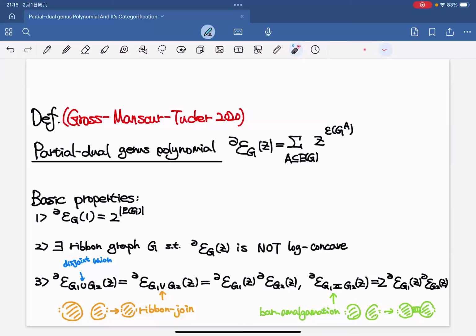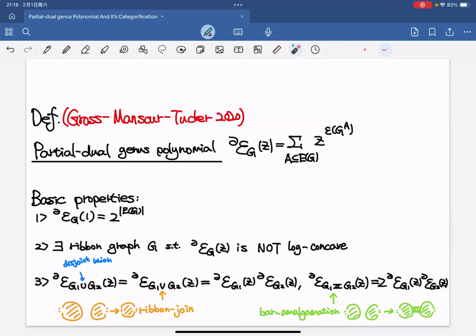And here are some very basic properties. First, you should find that if we take z to be 1, then this is equal to 2 to the power of the number of edges. And in the same paper, they show that